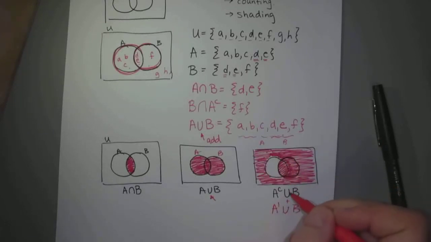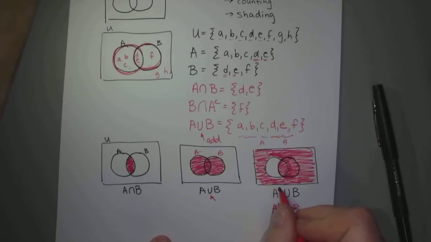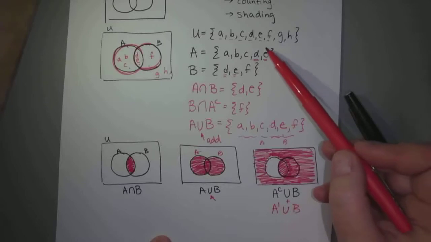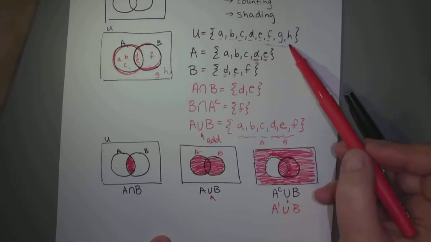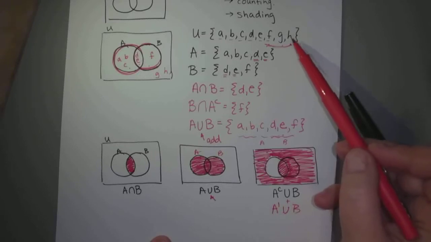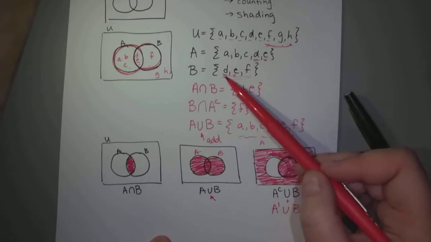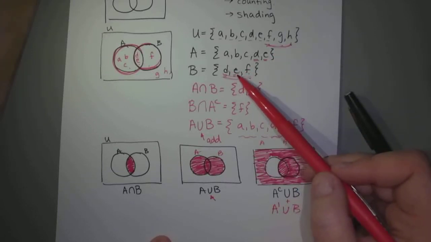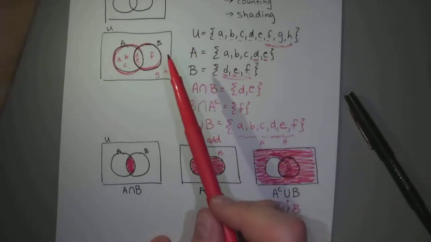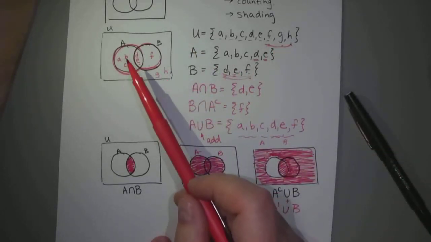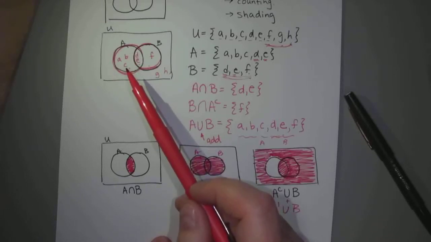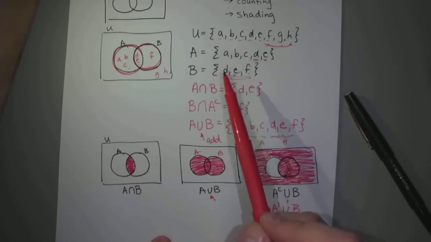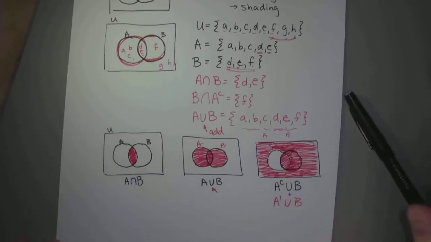It's okay that part of A is colored in because it's sort of like a party. Everyone that's not in A on list A, so if we look up here, everyone that's not in A would be F, G, and H, so they all get invited, everyone not in A. And then everyone that's in the list B gets invited as well. So we're adding these three to those. And so if we look over here, the only ones missing would be A, B, and C, because they're in A, but they're not in B. Okay, so that's